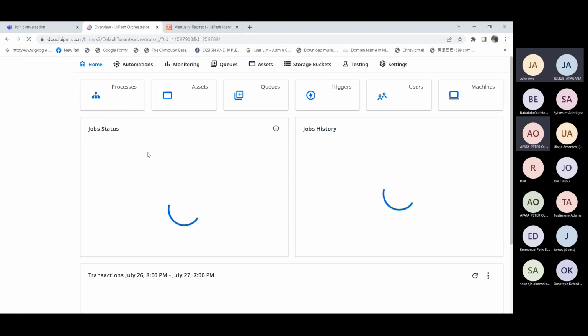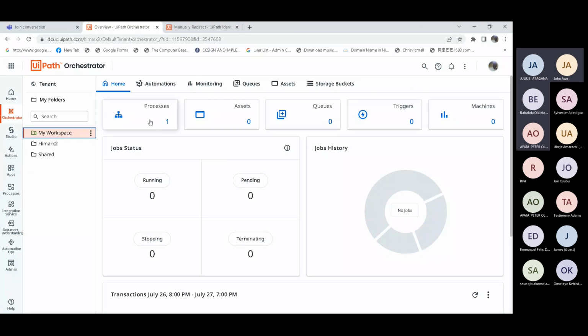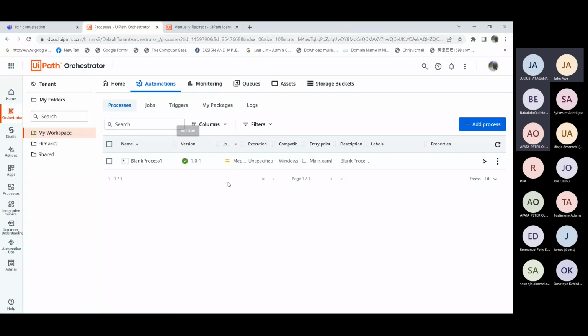It's like it's not in the folder we published to. Click on my workspace. Yes, it's there, under process. So we have it here in a process, and we can run it now. Just click on the play.